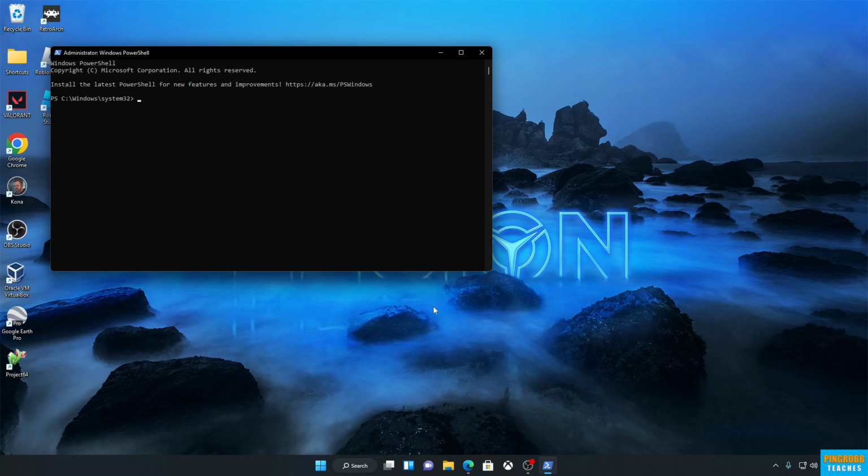And there we go. So we've got our elevated PowerShell open. We're going to type get-executionpolicy with no spaces, and this command is case sensitive, so make sure these letters are capitalized. Hit enter. And it says restricted. If it says restricted, we will then need to type